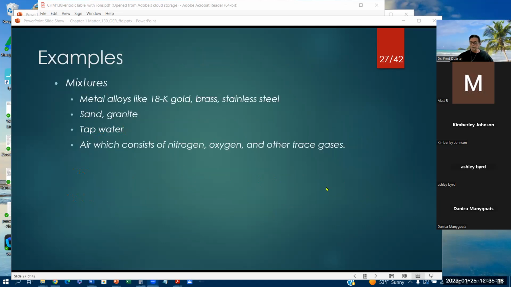Okay, so some classic examples of mixtures are, for example, all metal alloys. The term alloys, just by the term itself, tells you that these are metals that are a mixture. For example, 18 karat gold tells you that it is not 100% pure gold all by itself. And the reason that's the case,